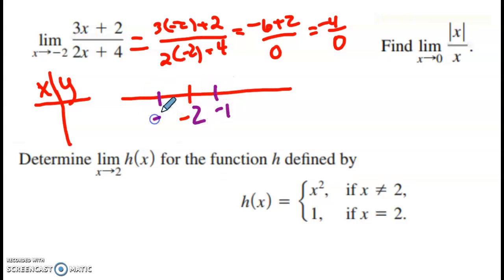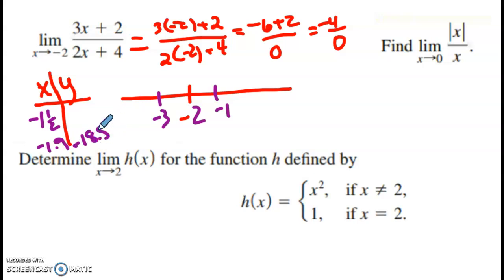-1, -3. So as I get closer to -2 from the right, maybe -1.5, -1.9. Let's see what kind of numbers we're getting there, just so we can see what's happening on both sides of -2. So when I put -1.9 in for x, I got